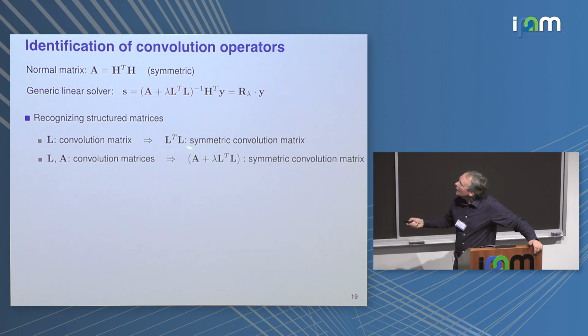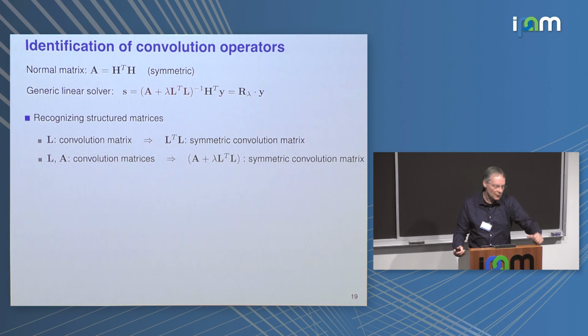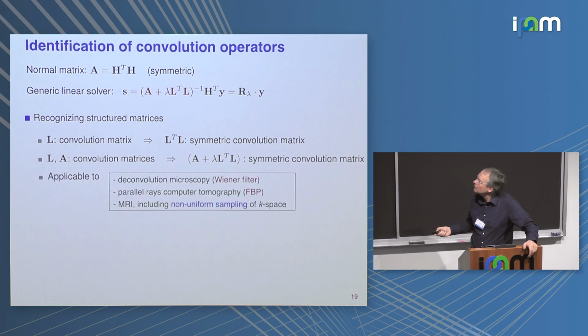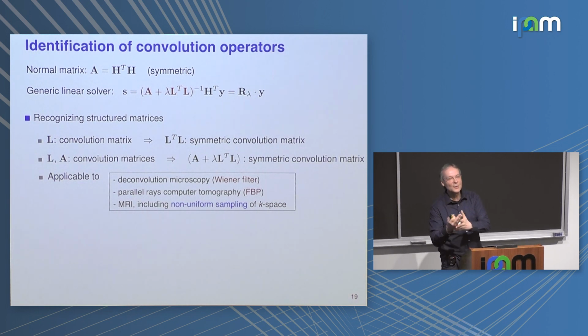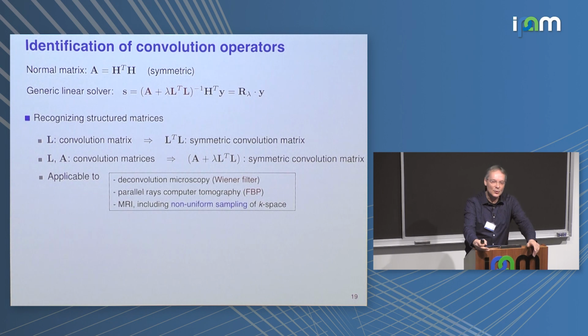So, the LL transpose, remember that was a differential operator. That is a convolution, so that's not a problem. Now the problem is about the A here. When is A a convolution matrix? And actually, when H is a convolution, of course a convolution followed by the adjoint is